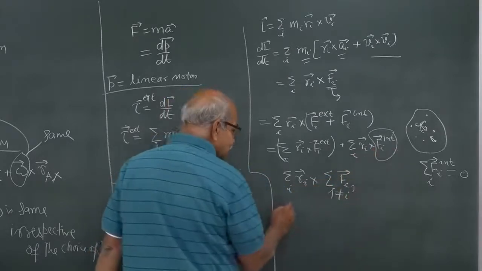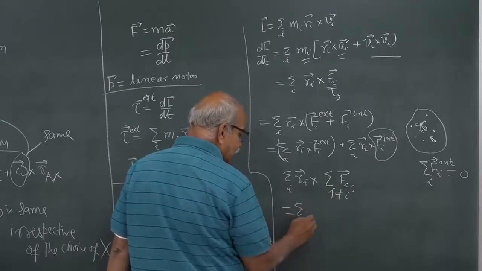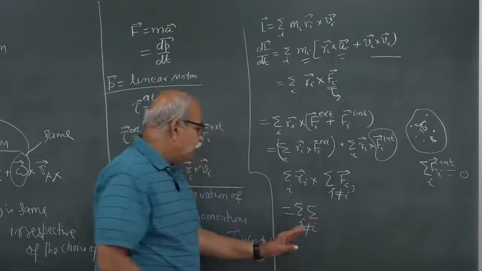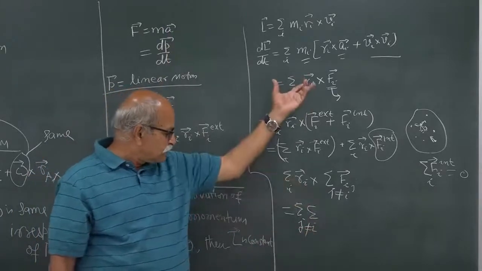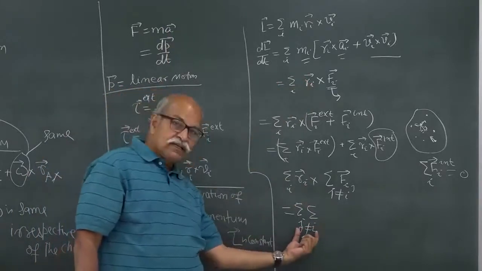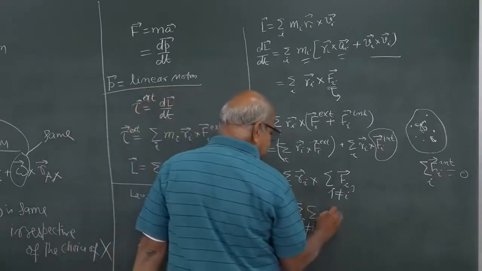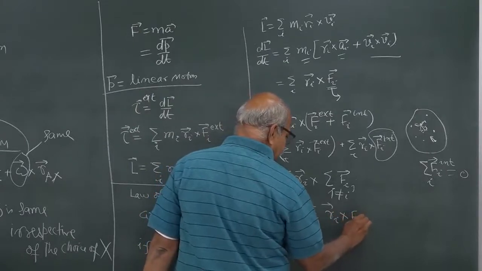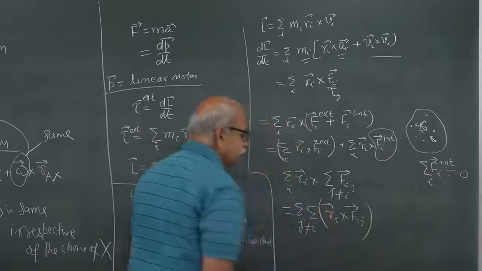So, this you can write here, this j can be taken here, summation over j. So, I have to sum over j and sum over i, j going from 1 to capital N, i going from 1 to capital N, but make sure that you do not put j equal to i, and here it is Ri cross Fij. Now, this quantity